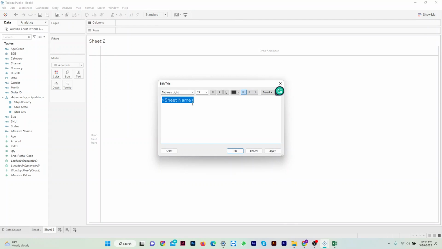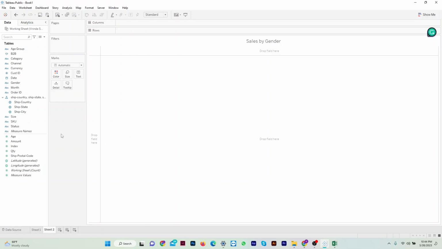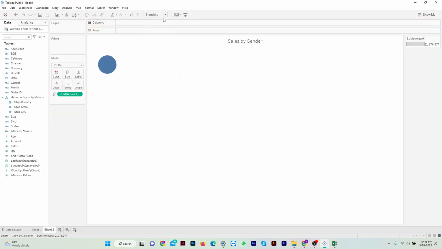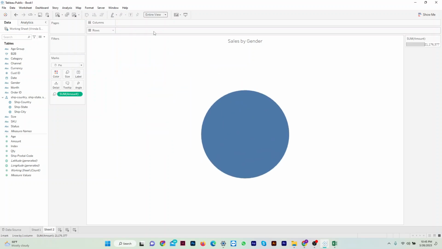So let's select controller and rename this sales by gender. Again, format it the same way, align it there. Okay. And then now what you want to do is you go to amount. Let's select here first. You go to pie for the pie chart, and then you go to amount and drag it here. So once you have that, let's select entire view, and then now you bring your gender, drag it here,